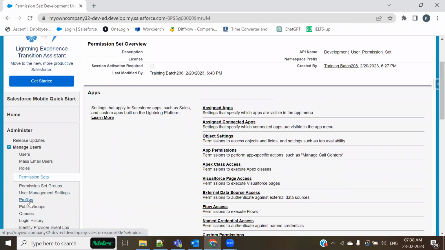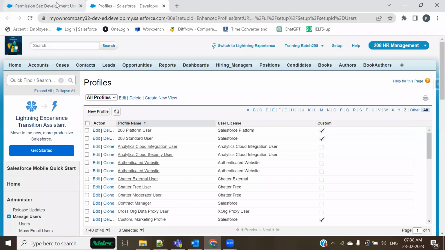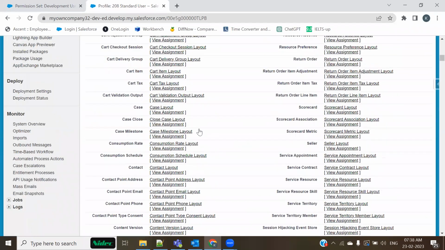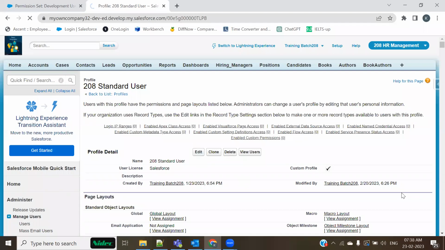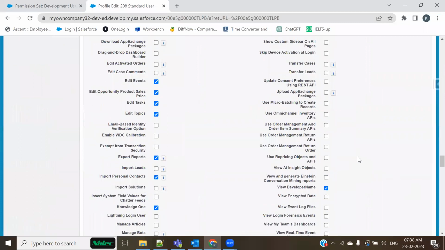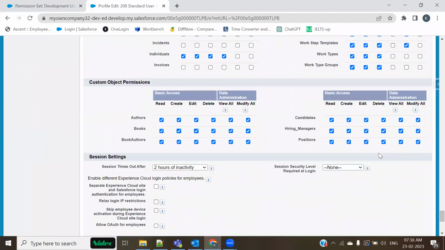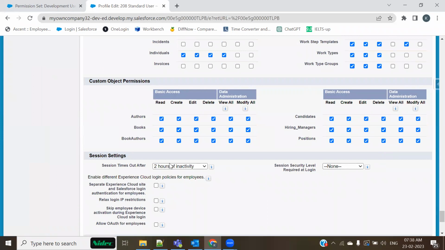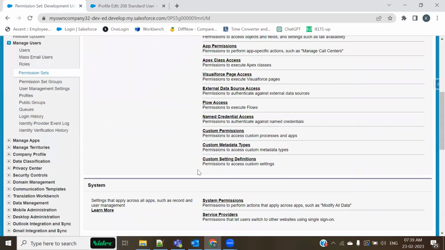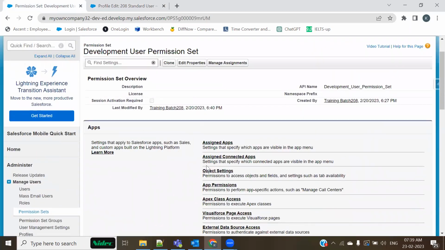One second. So when we go with the profile, we enabled everything onto the profile. It was the standard user profile, and then we enabled everything onto this profile, right? If I go with the edit button and scroll down to the custom object permission, we can see that everything is enabled properly. Now I wanted to restrict a few of the things from the permissions, so that's why I have created this permission set,